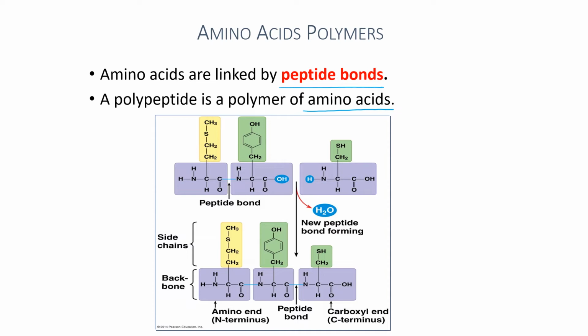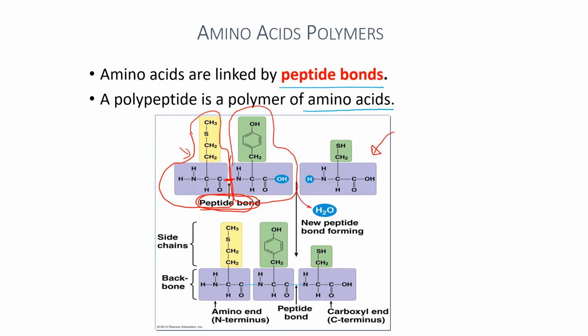So we have here a dipeptide. So two amino acids, one amino acid and the other one, another amino acid, are linked together through the formation of a covalent bond. We call it a peptide bond. So a peptide bond will link the two amino acids. Another amino acid is going to be added to the dipeptide to form a polypeptide, a longer